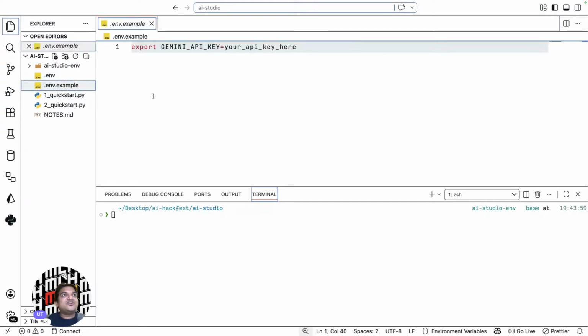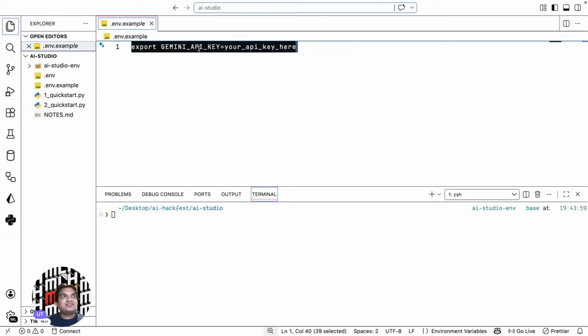I have created a .env.example where I have literally written export Gemini API key equals to whatever is your API key that you have copied from the Google AI Studio. Okay, the API key that you have copied, you have to paste it. So create a .env file, add this in the .env file so that you can safely add your API key,